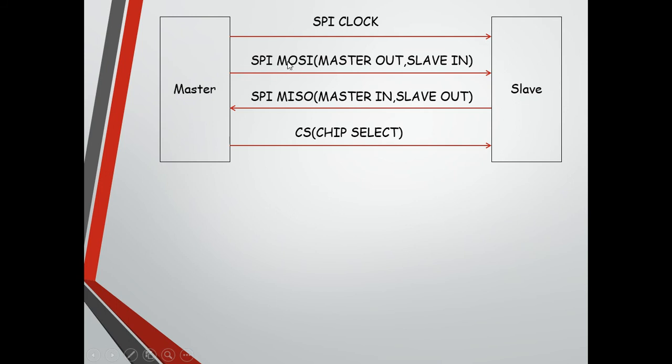This is the SPI master output slave input pin. That means master will send data on this pin, and that data will be received by the slave. And this is the SPI MISO pin. That means slave will put data, or slave will send the data on this pin, and master will receive data on the same pin. At last, this is the chip select pin. A high to low transition is required on this pin in order to communicate with a device which is supporting SPI protocol.